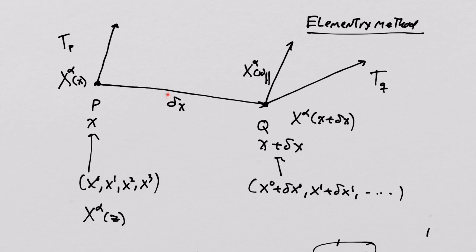It doesn't change in the direction of delta x, right? Because when you started at x and you had a vector and you went delta x away